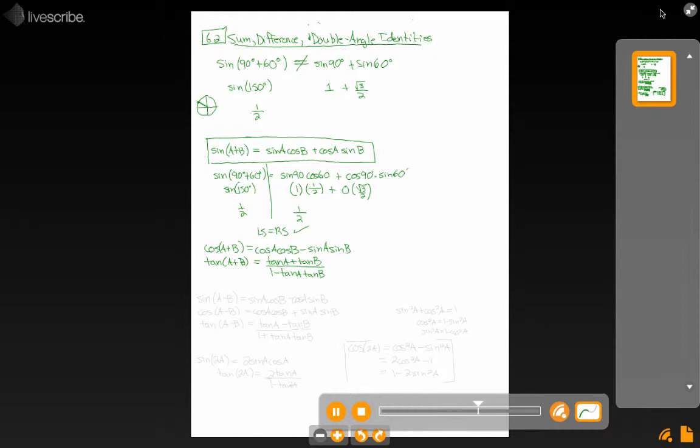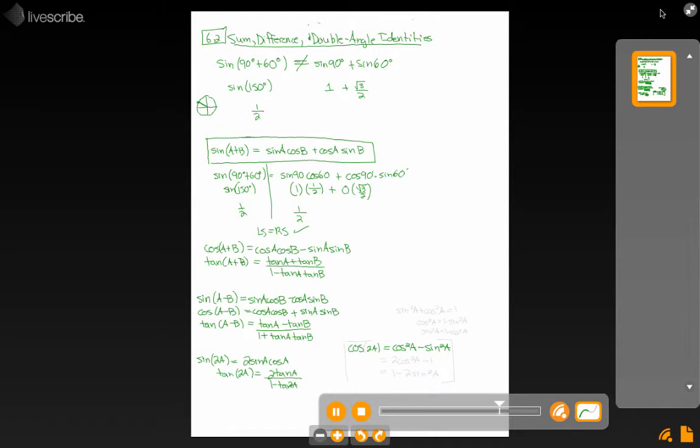So I'll write down also the difference identities for sine, cos, and tan. You'll notice that they look a lot like their respective sum identities, with basically just the signs switched in all situations. There's also a double angle identity for sine, cos, and tan, so I'll start by writing those down. And we have these three. Sine 2a equals 2 sine a cos a, cos 2a equals cos squared a minus sine squared a, and tan 2a equals 2 tan a over 1 minus tan squared a,